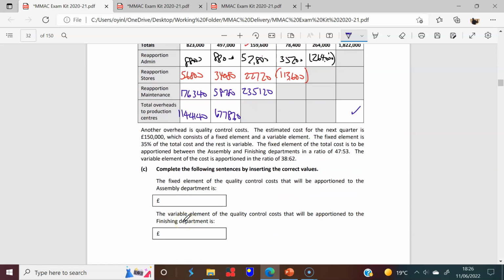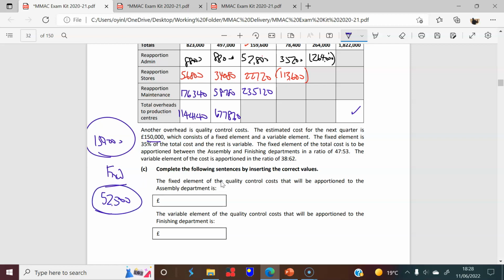Now let's see what this question is asking. Right, a pretty straightforward question actually. I thought it was something more. They've estimated that the estimated cost for the next quarter will be 150,000. Not a problem at all. It has a fixed element and a variable element. It says that the fixed element is 35% of the total cost. So 35% of that total cost of 150,000 is